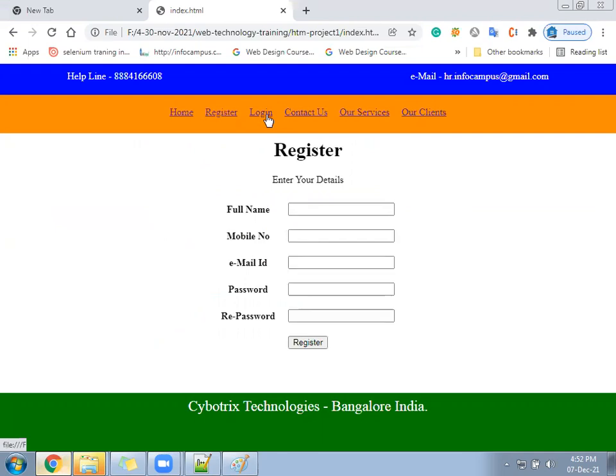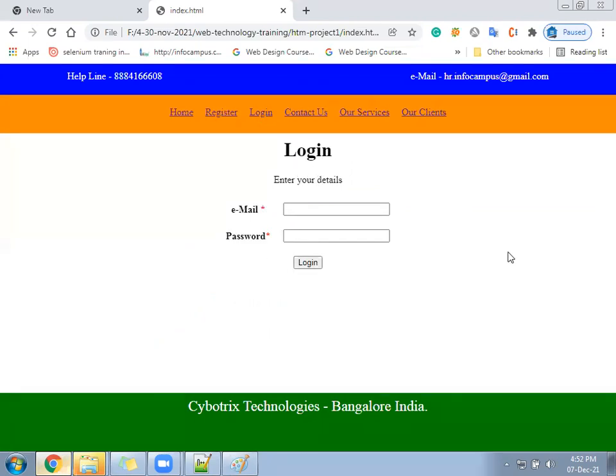Now from login to register, can you add a hyperlink? After the button, there should be a hyperlink. From login, link to register, and from register, link to login. So we may click here, or maybe we can click here and go. There you are not going to write the target. Only href equal to the file name. After button, write HR and then follow the hyperlink. Try.